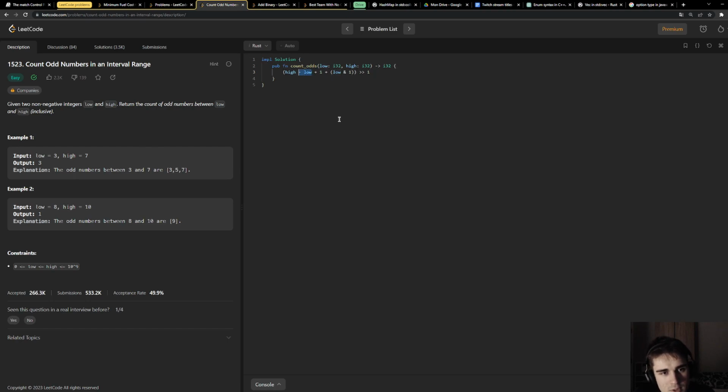So you just get the difference plus 1, okay, and you check if low is an odd number, and if it is, then you increment it by 1 and you divide all by 2. Yes, sounds good. I like it.